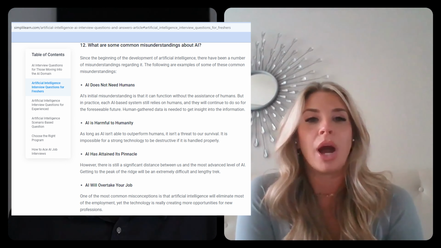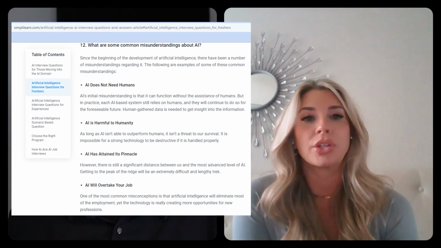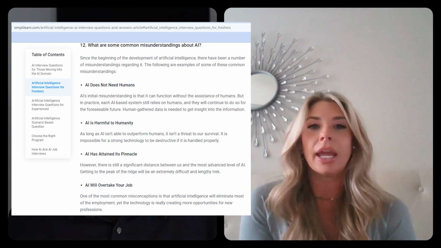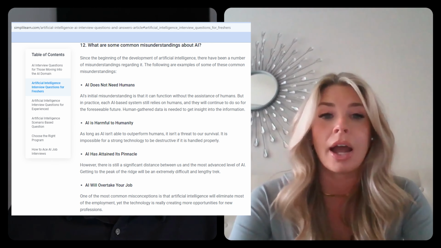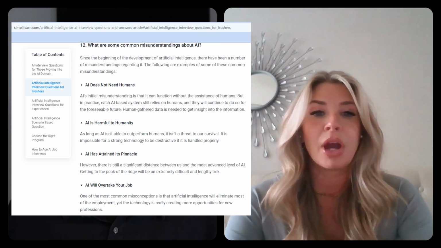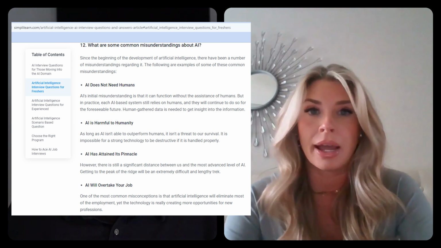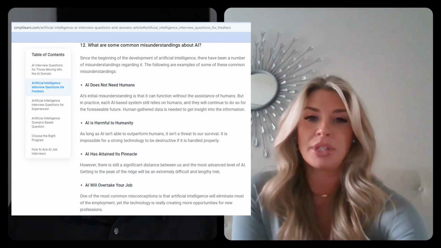Yeah. So the second one, I pulled this from an article that I was reading. It was an AI article. Like I said, I was reading it while I was researching interview questions for some AI candidates. And it popped out to me because I feel like I hear this a lot. So it was basically some common misconceptions about AI. So here were some of the topics on that.